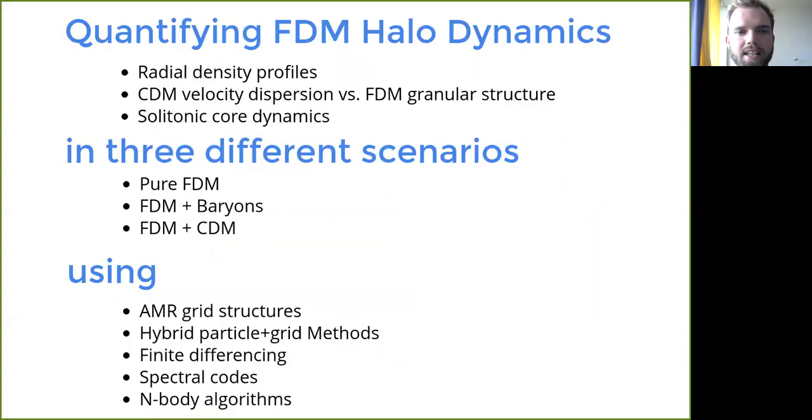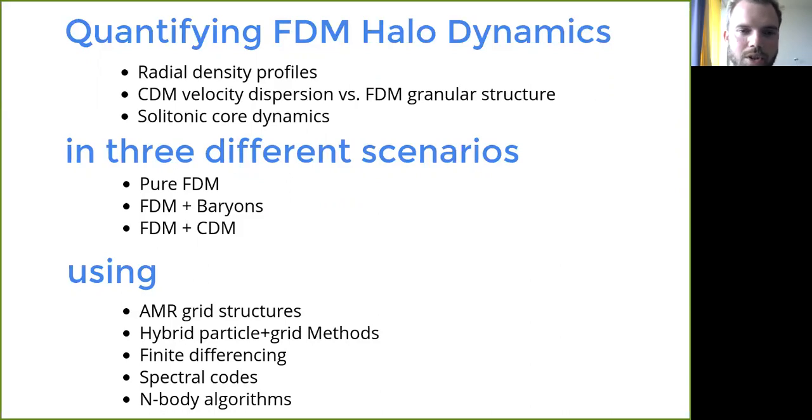So what I will discuss here is basically what I was looking at for the last few years, basically quantifying fuzzy dark matter halo dynamics, which means the radial density profiles, the cold dark matter velocity dispersion versus the fuzzy dark matter granular structure that we saw before. So indeed, velocity dispersion results in this granular structure in fuzzy dark matter. So there's a one-to-one correspondence. I will come to that in a minute. And then finally, these solitonic core dynamics, so the growth, the oscillation, the equilibration, and so on. I will do so in